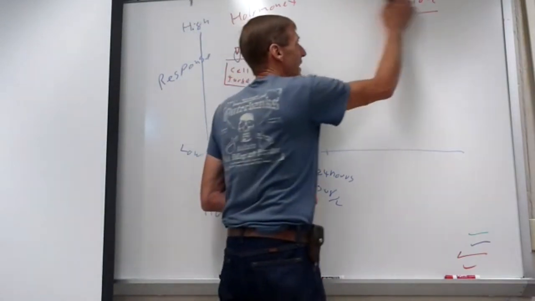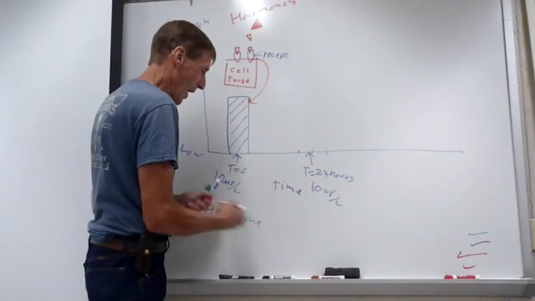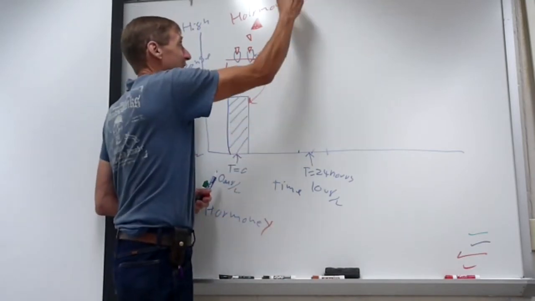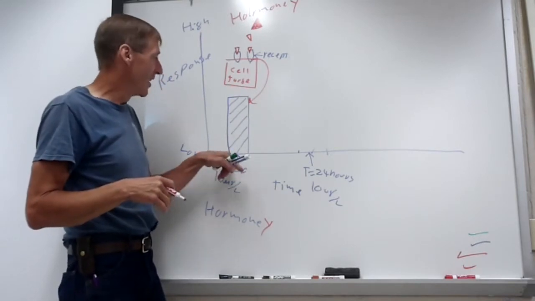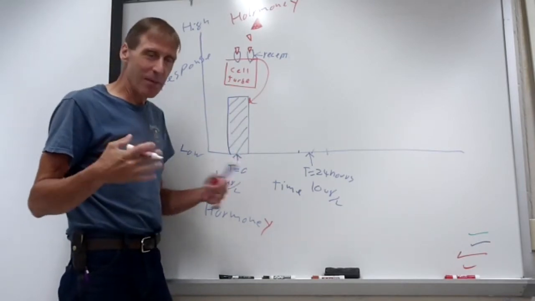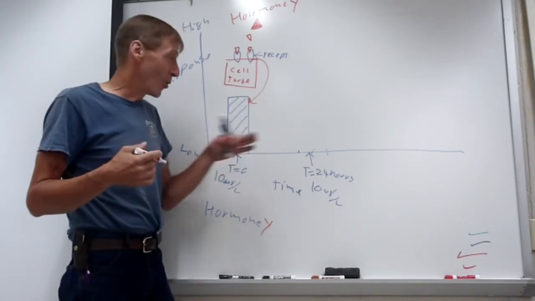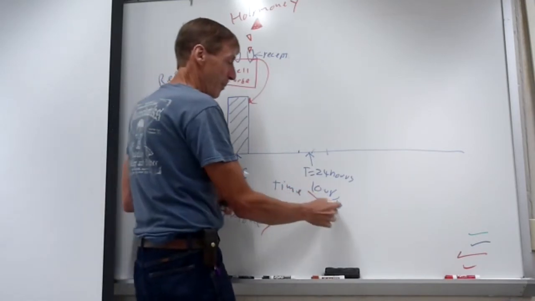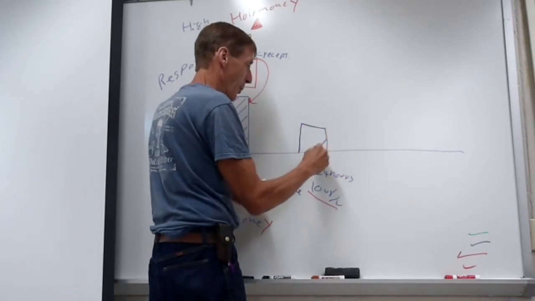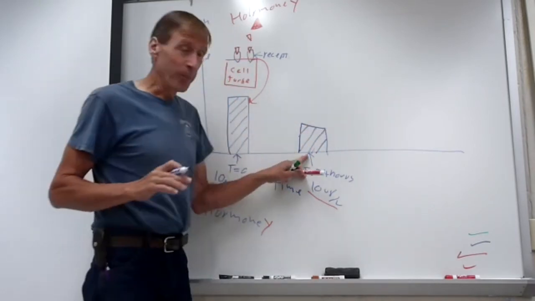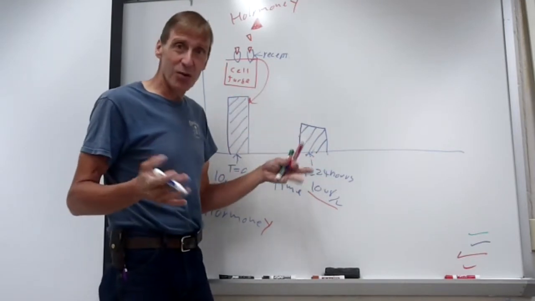Let's do a similar thing, same scenario, except I can change the hormone. Let's make it hormone Y now. Again, it doesn't really matter. I'm just changing its name for the heck of it. But we give this hormone Y to the subject here. You get this response, that same dose, 10 micrograms per liter or something like that, just a typical dose of hormone. Everything's fine. But now we come back 24 hours later. I apply the same dose of the hormone, but let's say now I get a response that looks something like this. Same hormone, same dose, same subject. Response is reduced. It's not nearly as strong.